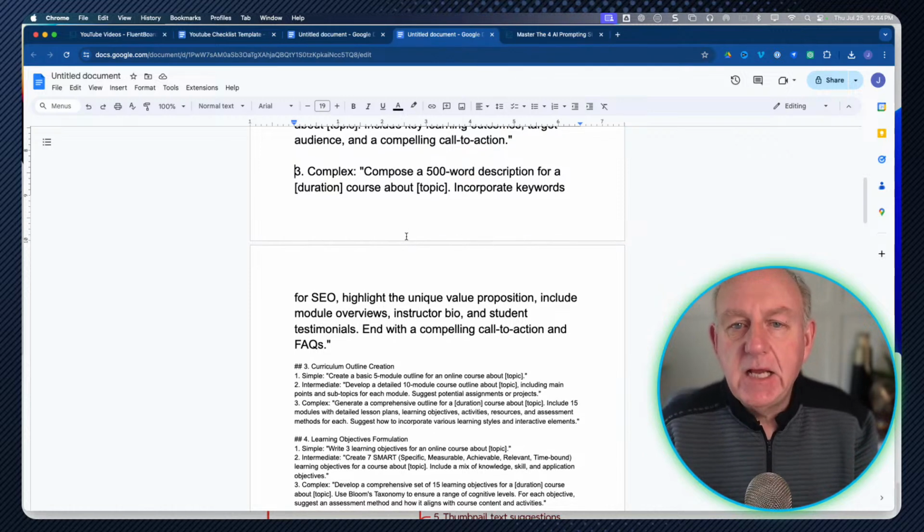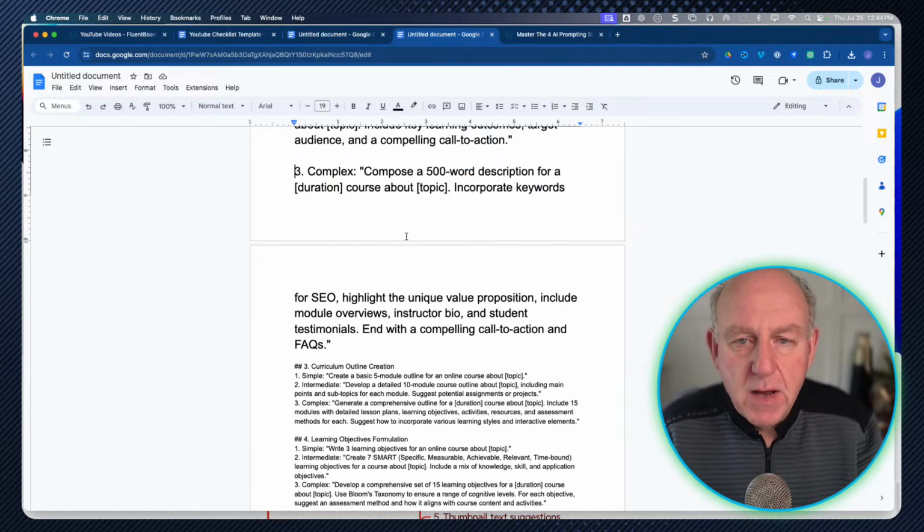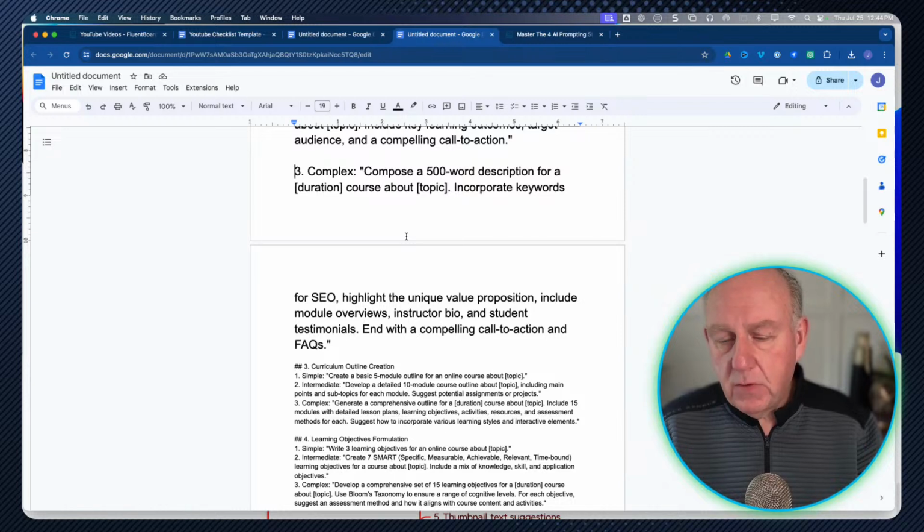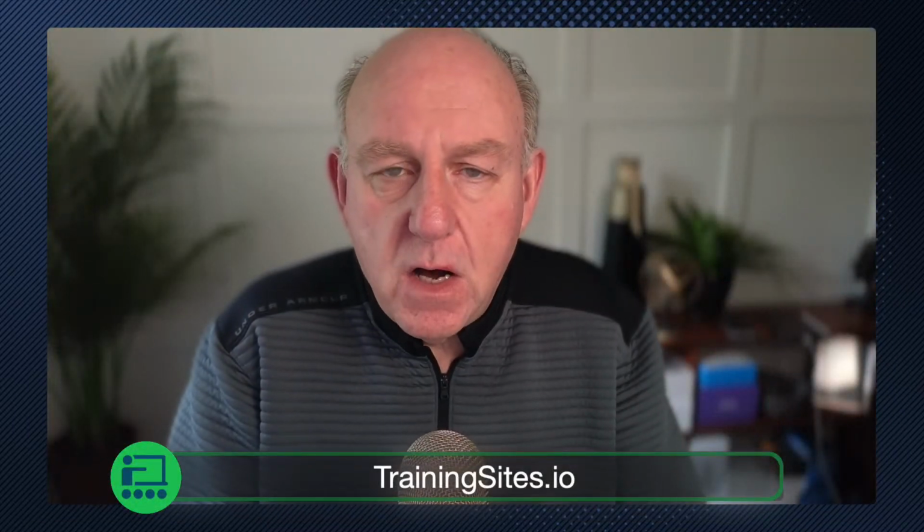So on each of these, I've got these 3 different prompts available for you, and you'll be able to use them to get started. I'm not going to go through all of them. You see how they work here, but we've got them all set up for all of the different tasks that you're going to be able to or want to be able to use when you get started.